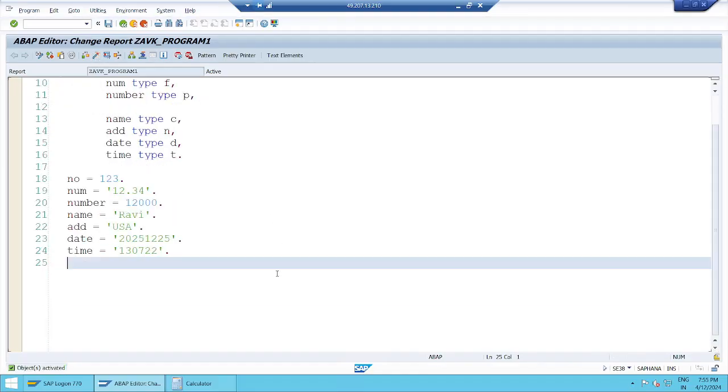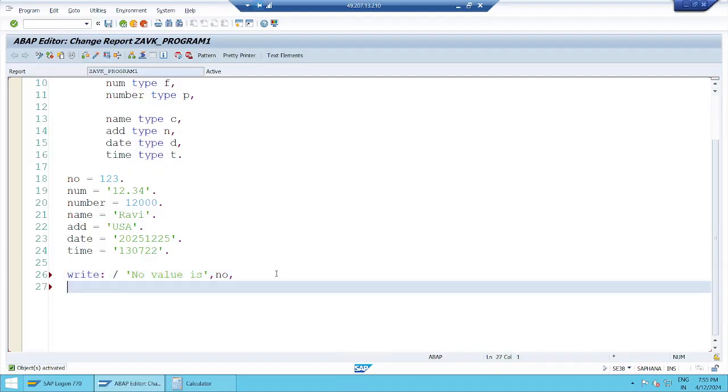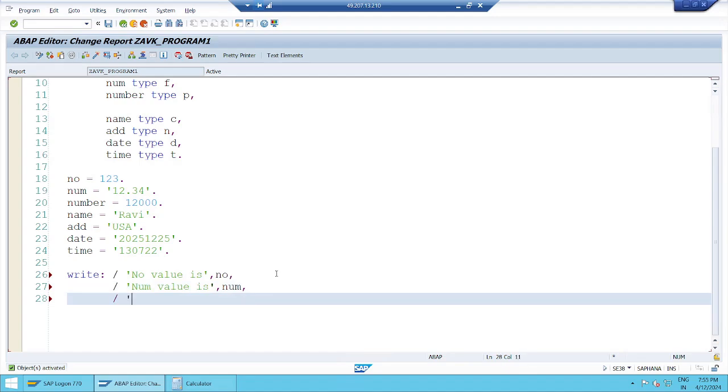Till here, no errors. Now we have to print it. Print means display. So yes, NO value is NO. This is always from the output point of view; you have to write which value is what. To avoid confusion, we are writing preceding left side text so that there is no confusion at all. Now number is